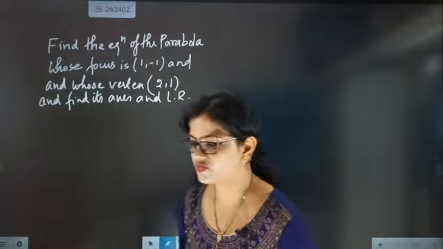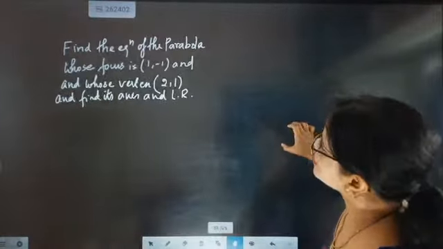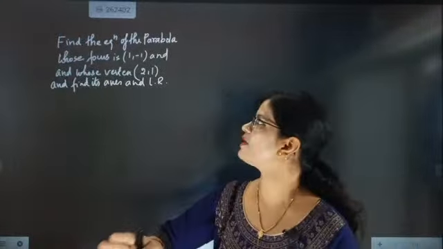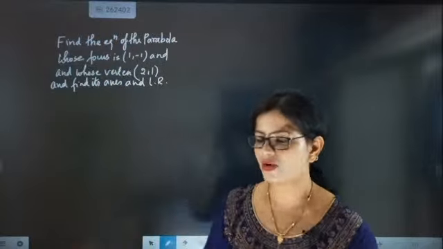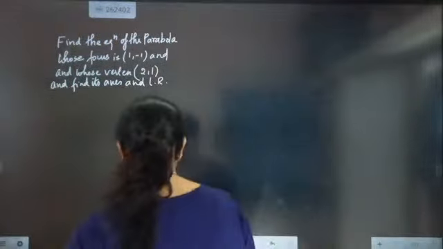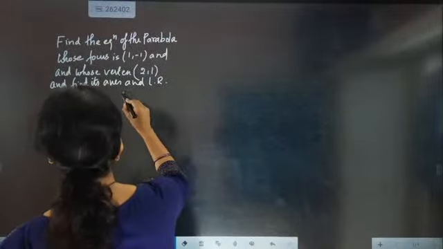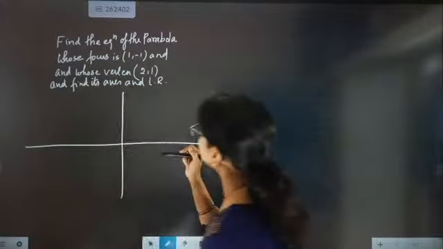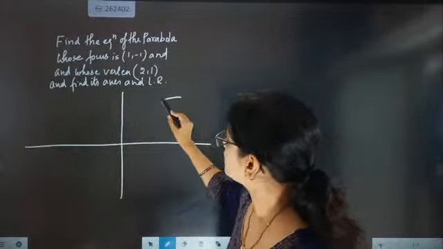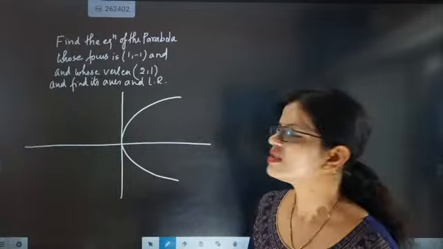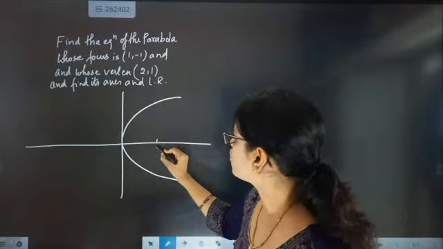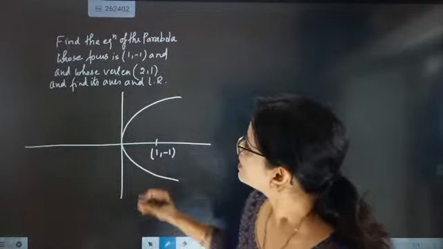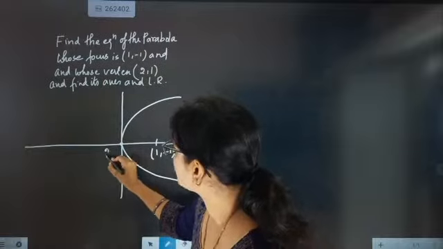So first, shall we start our work? Whatever is given to you, we have to utilize that. So first, find the equation of the parabola whose focus is (1, -1). Let's draw that point out. The focus point is (1, -1). We don't know where the parabola is, but here we are generalizing and taking it, okay, this may be the parabola. The focus point is (1, -1) and the vertex point is taken as (2, 1).